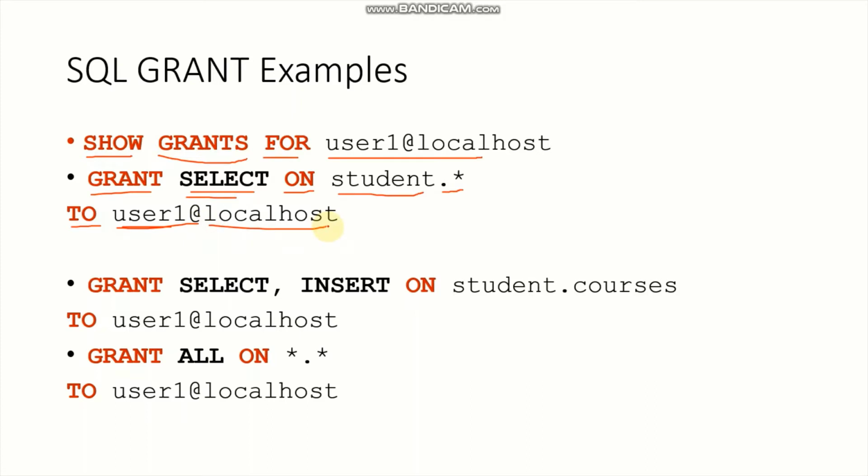So we are going to check this, but before practicing this query we need to know about user creation. There are actually two methods for creating a user in Workbench. First one is through code, and the second one is through the interface. So I will let you know about these two methods.